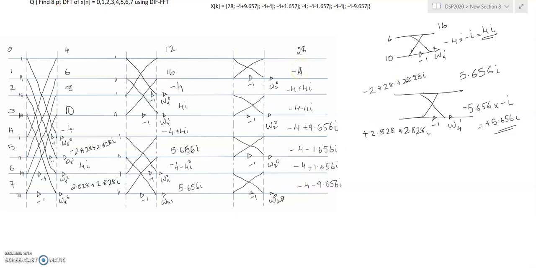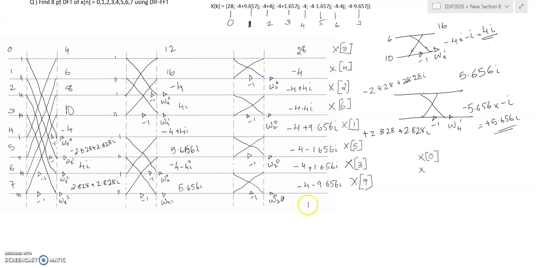Solving this would be an easy affair, and all you need to do is add the terms and subtract the terms out over here. So 12 plus 16 is 28, 12 minus 16 is minus 4, minus 4 plus 4i will be minus 4 plus 4i, and minus 4 minus 4i will be like that. And then you do the same with these terms and you are able to solve this particular thing. We have obtained these results out over here,